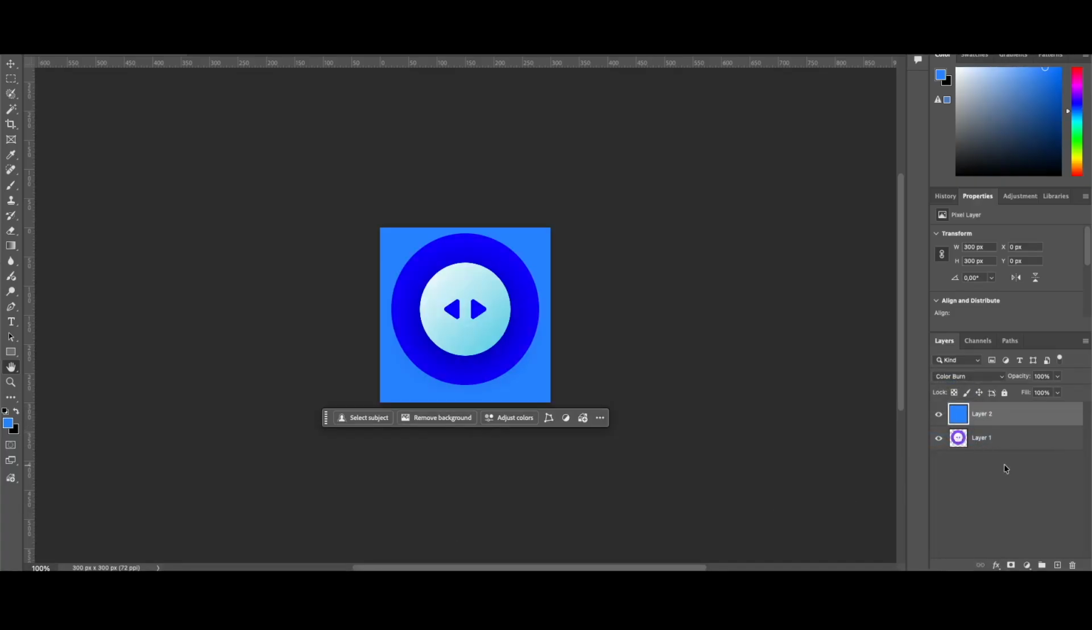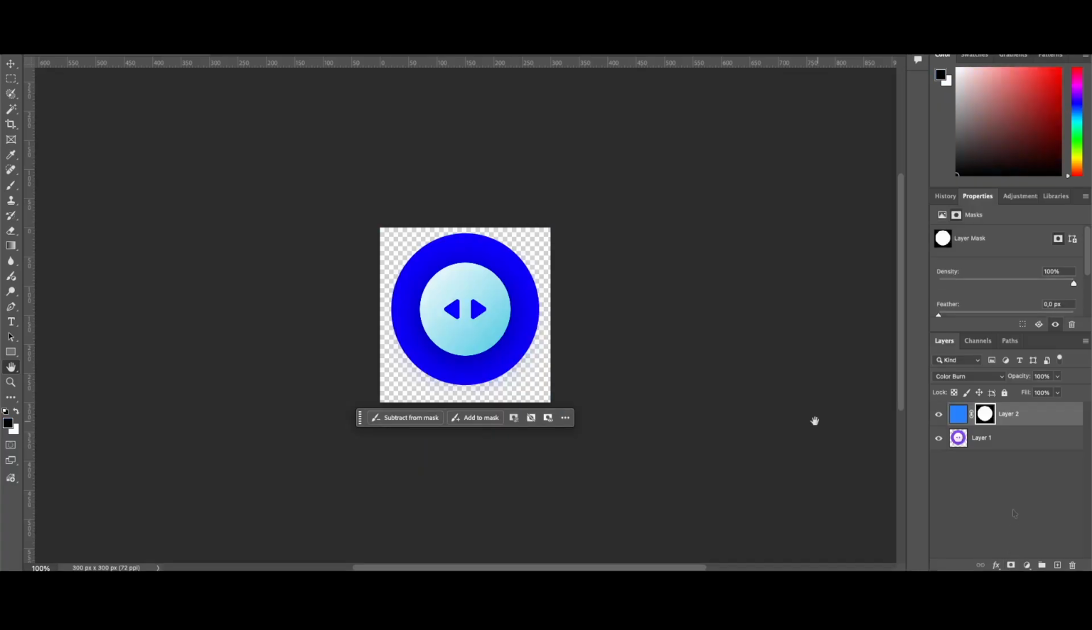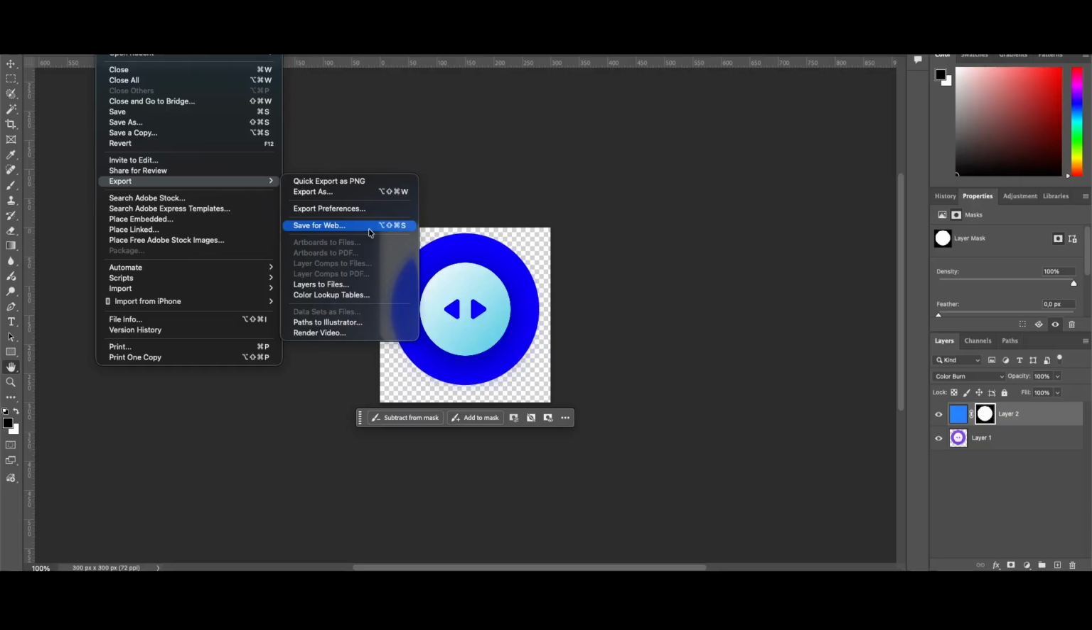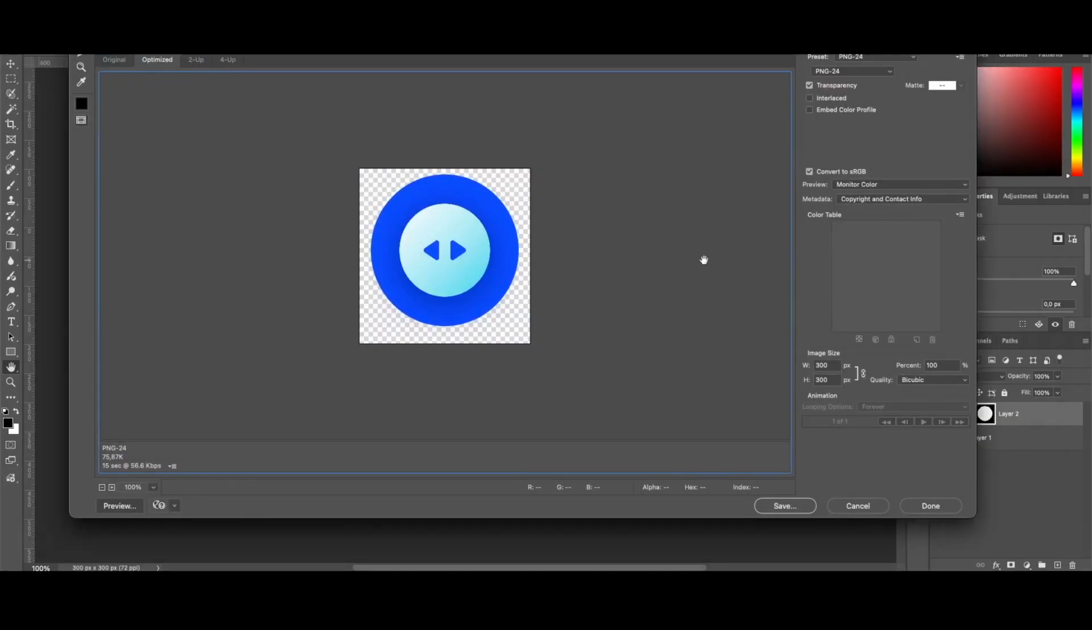Since we need handle image to be transparent without any backgrounds, I will select the layer below by clicking its thumbnail while holding Command or Control. Then while the selection is active, I will select the color layer again and click the mask button at the bottom to basically mask it with the selection. Now using Save for Web option under File, Export, or using the shortcut Shift-Alt-Command-S, I can export it as a